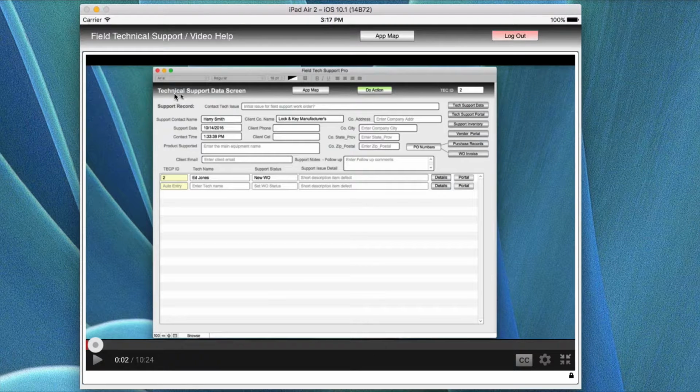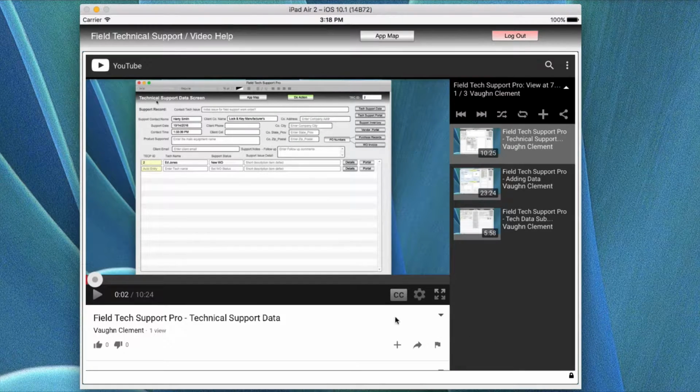So what you have in this screen is the technical support data screen that is being run in the video right now, and it's explaining how that is used and how you do data input and so forth. And this is what you would use in order to learn how to use the fields, enter data, use the popovers, and other things that are in the application. Now, you can retract the screen back to the normal view by clicking the 4 X's over there